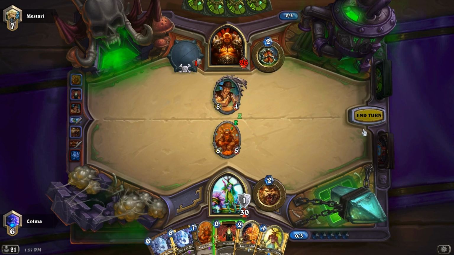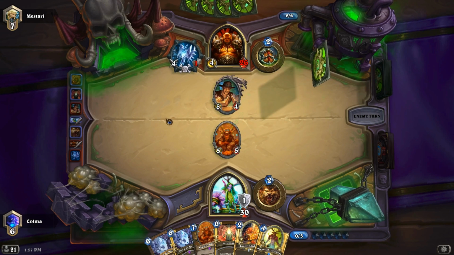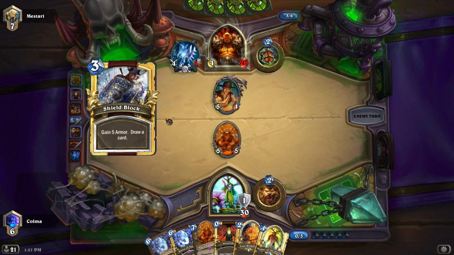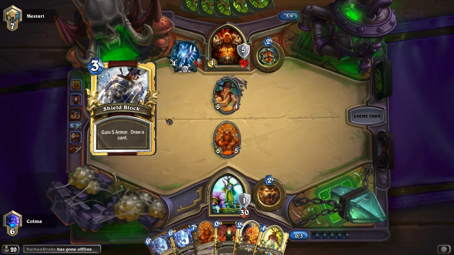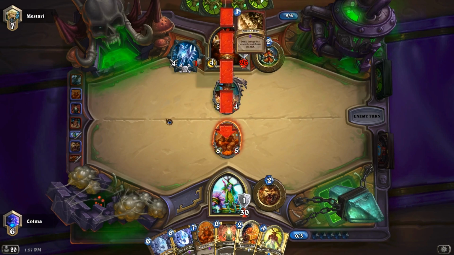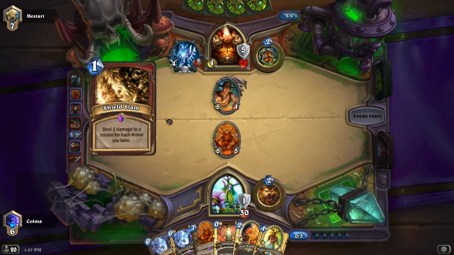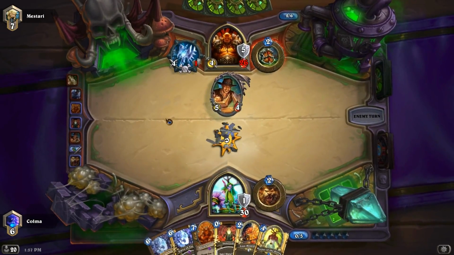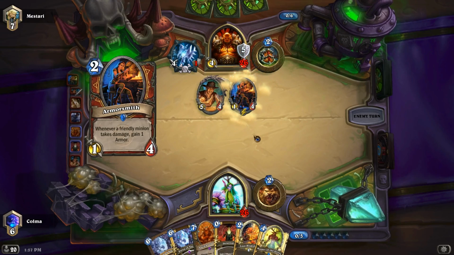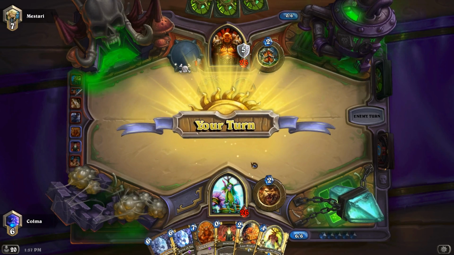Unfortunately, he has major board control here, because he can just kill my Ancient of Lore with his weapon. If he has like an Acolyte, he can play that here. Not looking good. A Shield Slam maybe? That doesn't help much. Nope. And he's at 31 life. And that's the Armorsmith. Well...